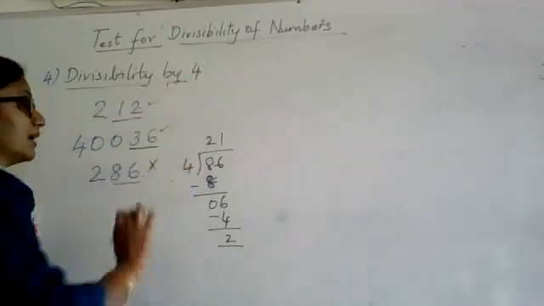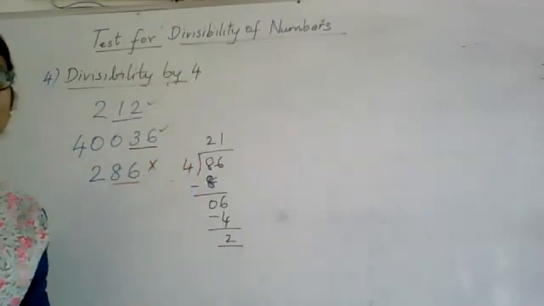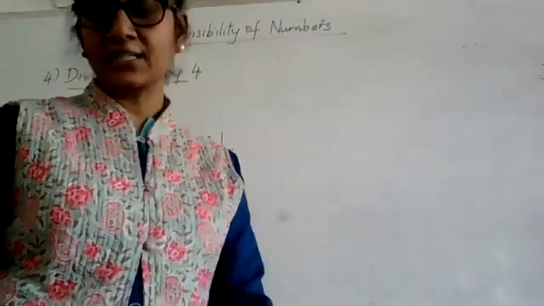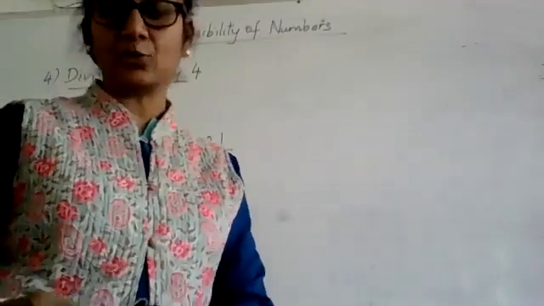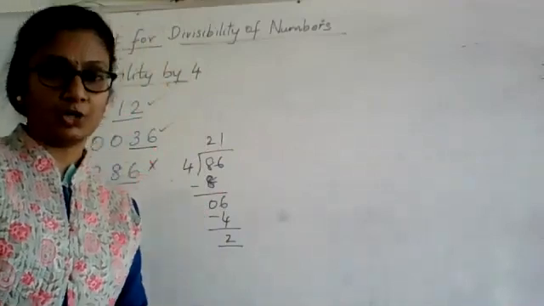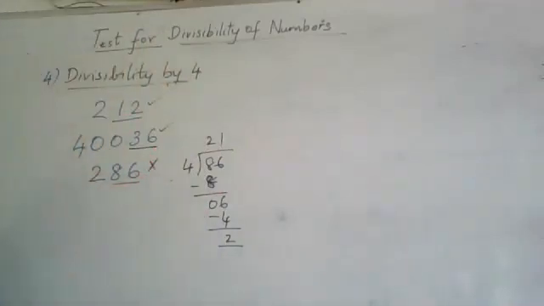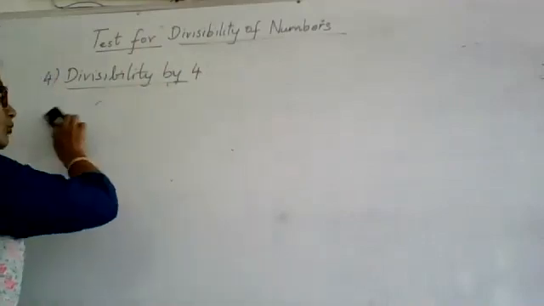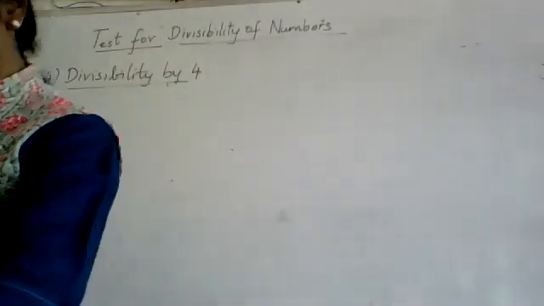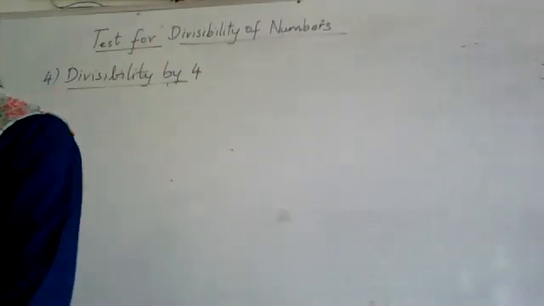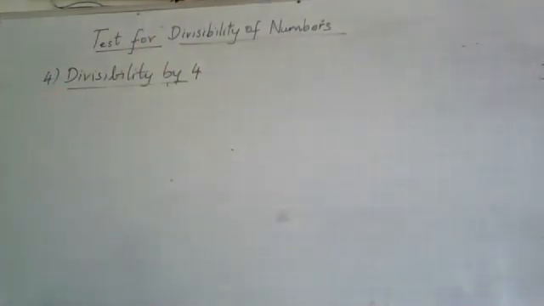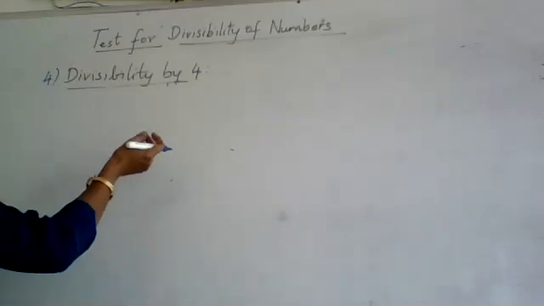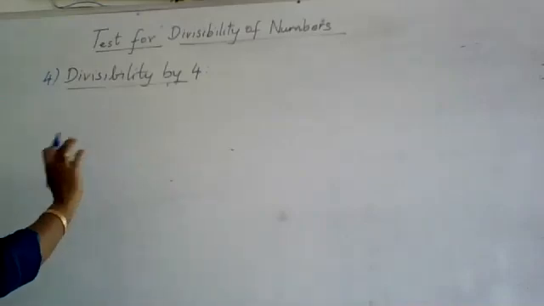Whereas these two numbers are divisible. So sometimes you may have to divide and see, because the last 2 digits directly you may not be able to tell whether they are divisible or not. In that case you have to divide and find out. So let us go and write the divisibility test for 4. A number is divisible by 4. We will talk about 3-digit numbers, because 2-digit numbers anyway we know. We have to divide and find out.